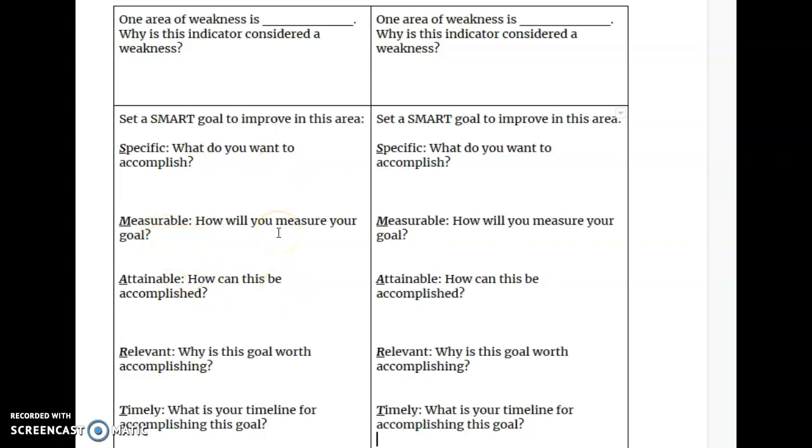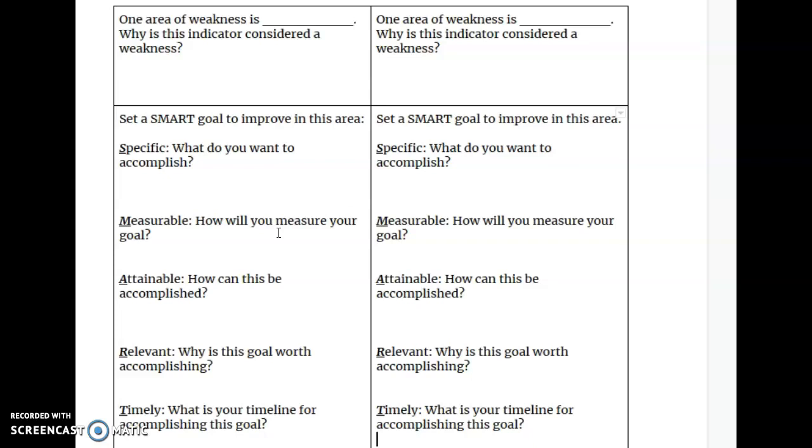Well, this is pretty easy because, hey, if I'm taking the math again, I'm going to maybe get some growth. If my math score goes up, I'm going to be able to measure that with my report card. Maybe I'm doing iExcel, and I'm going to use iExcel to measure my goal.